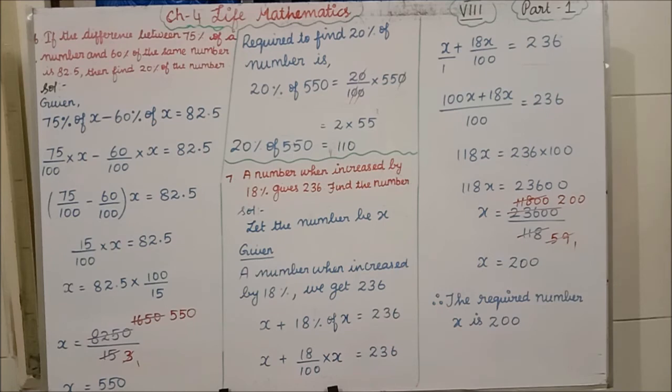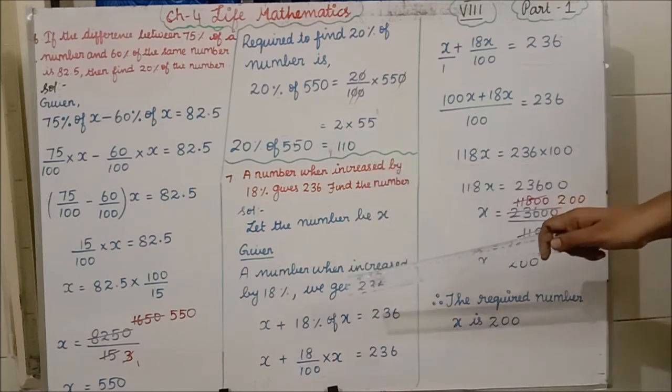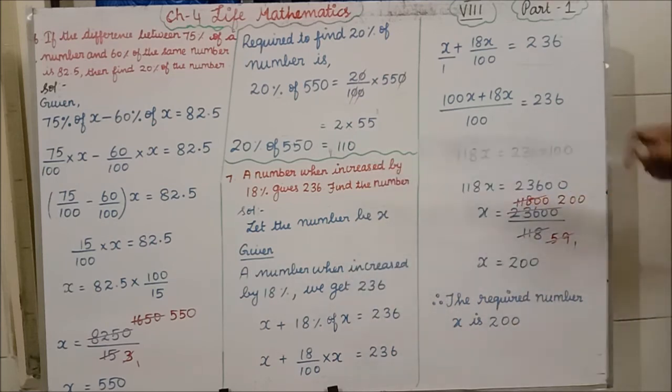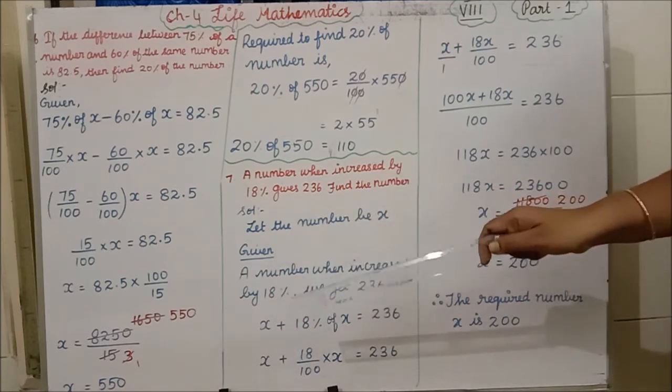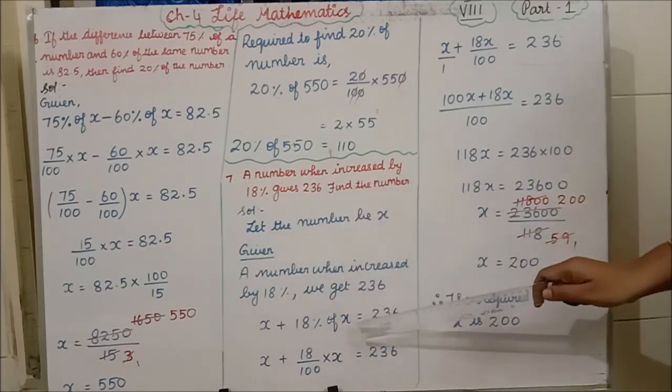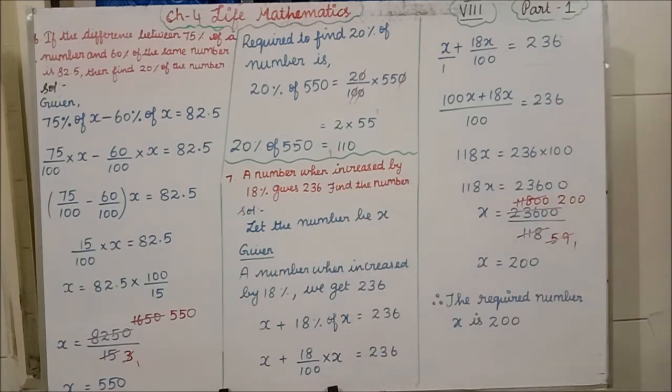Students, if you see, they were given here also, find the number. What number, we don't know, so we are assuming it as: let the number be x. A number when increased by 18% we get 236, they have given in the question. So that number we have taken as x. Increased means plus 18% of x, equal to what number we will get, they have given